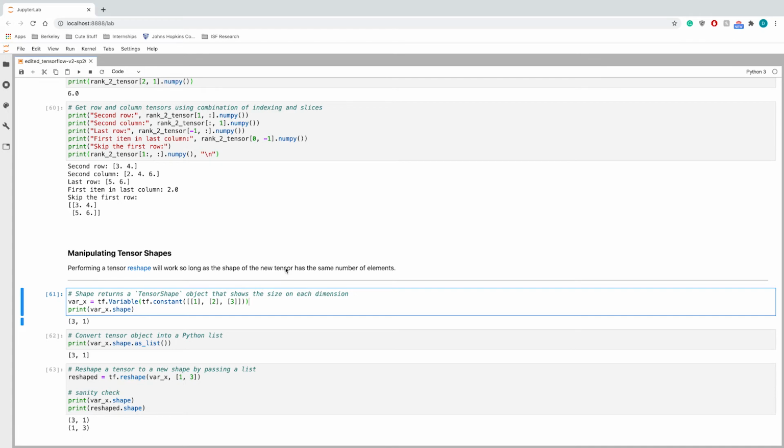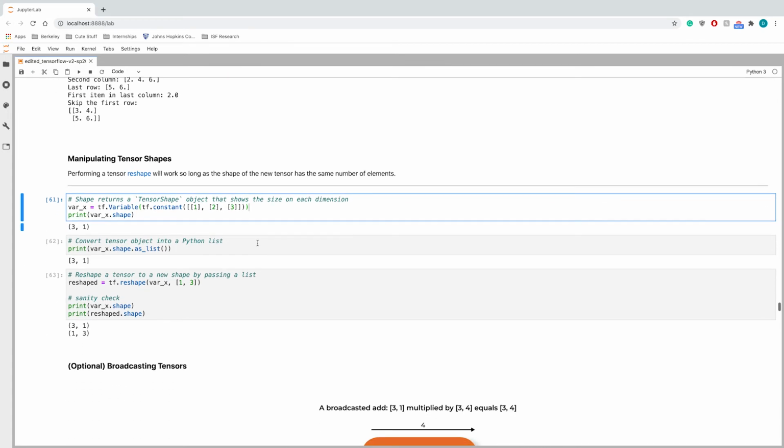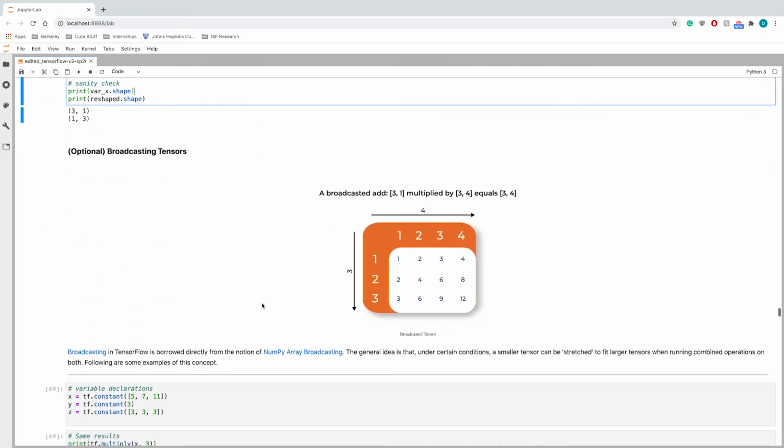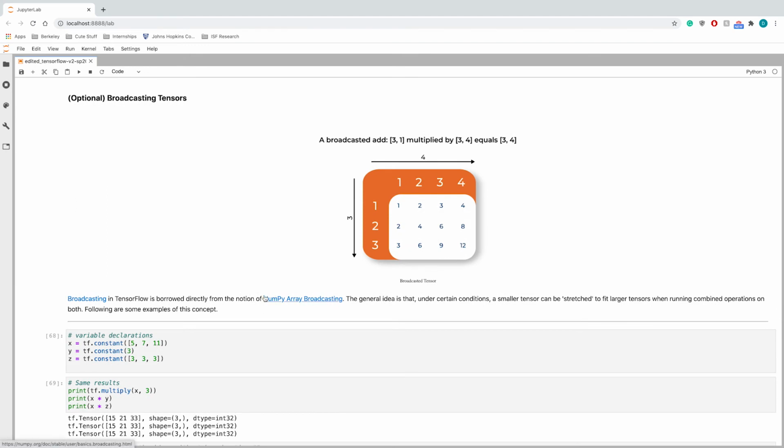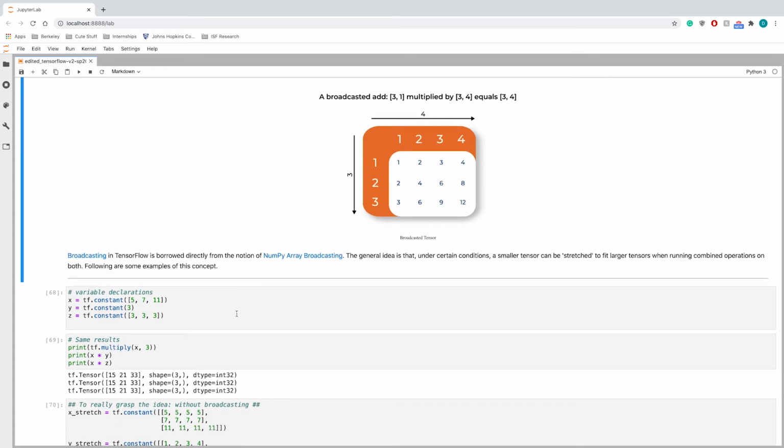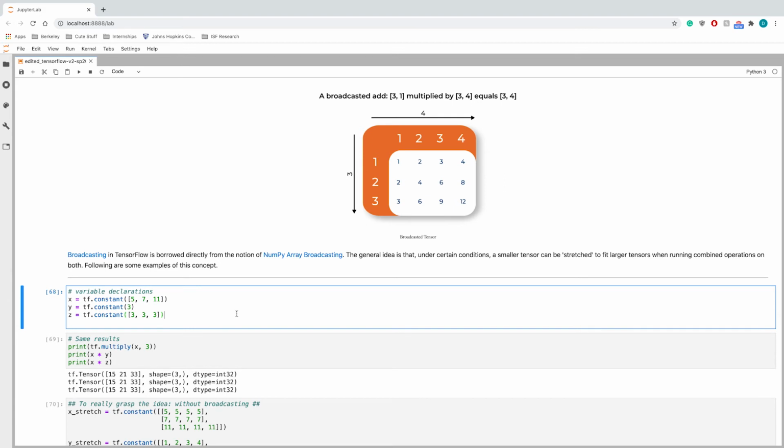You can also manipulate tensors. You need to use the built-in functions, just like you would with NumPy arrays. Okay, so we'll move past that, and then we'll skip broadcasting tensors. The key takeaway is that it's essentially the same idea as NumPy array broadcasting. And what that means is essentially if you have two arrays of different dimensions, you can take the smaller one